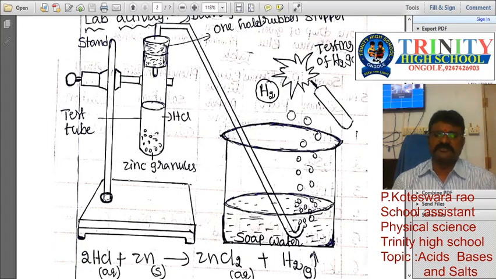First activity, second activity, lab activity, and activity 3. Actually, 4 activities we already completed: activities 1, 2, 3 and the lab activity. The lab activity and the third activity are both the same, but in one condition we use acid, and in the other we already used base. Okay, what is the formula of sodium zincate?